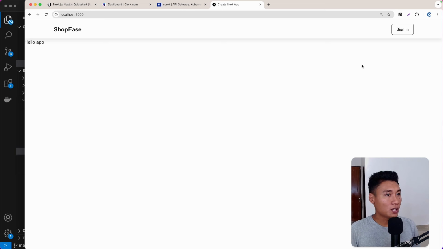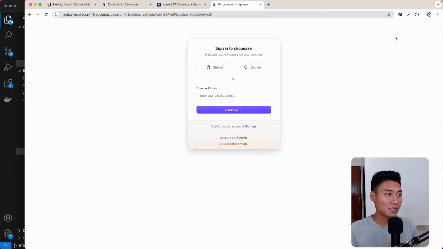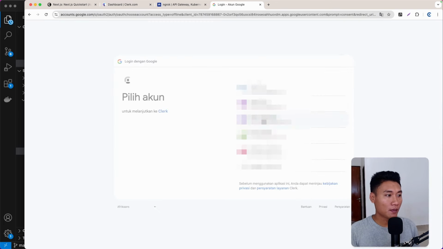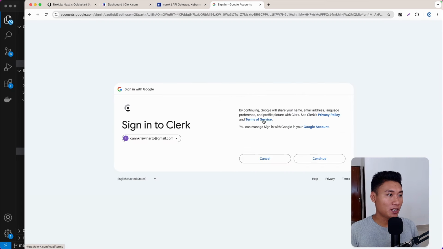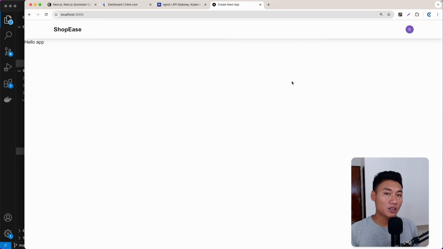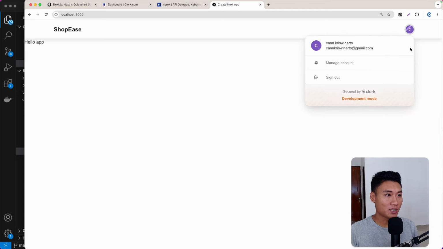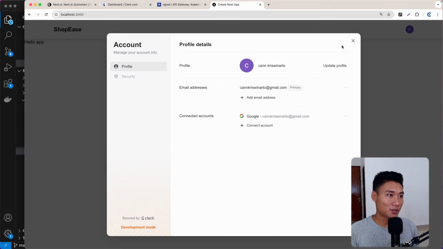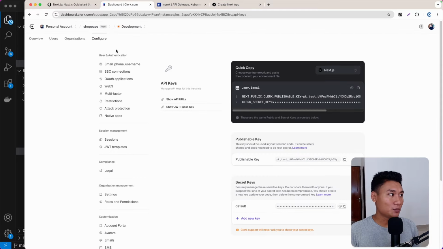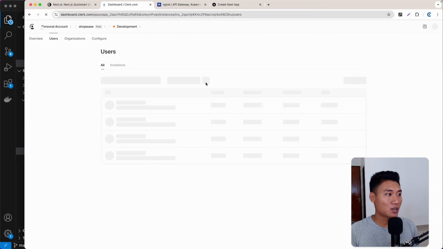So now what I'm going to do is if I click sign in, as you can see, it automatically shows the Clerk authentication modal. If I log in, of course, this will work successfully. Let me show you. I'm going to log in with Google. I'm going to select my account here and just continue. Now, as you can see, I'm logged in, and right here I can click my account, right? I can manage account and etc. So if I go back to my dashboard and go back to users, of course, now I have one user